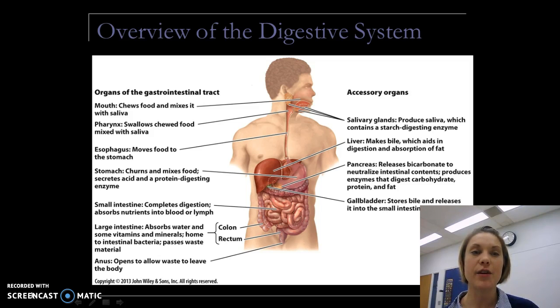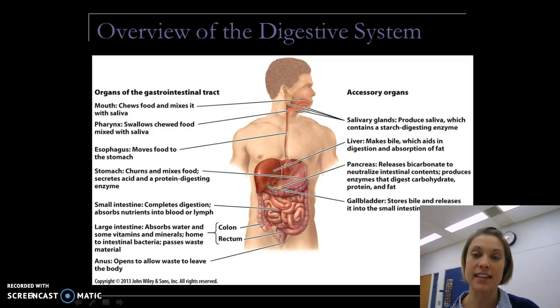If we look at the overview of the digestive system, it contains two major classes of organs. We have the GI tract, where food is actually passing through, and then we have the accessory organs that secrete things into the digestive tract in order to assist with digestion. As I mentioned before, the mouth, pharynx, esophagus, stomach, small intestine, large intestine, and anus are the components of our GI tract. And accessory organs include the salivary glands, which produce saliva that contains enzymes to digest,